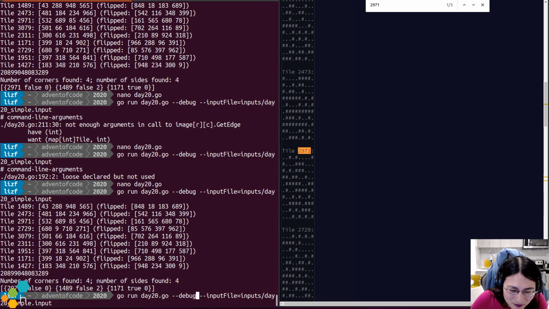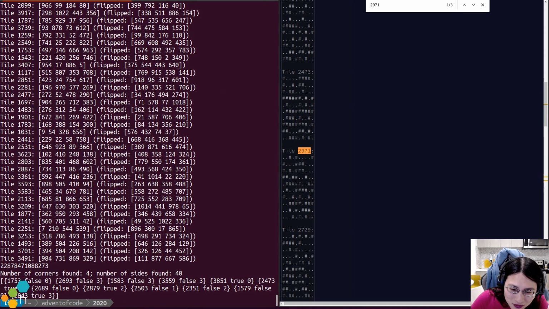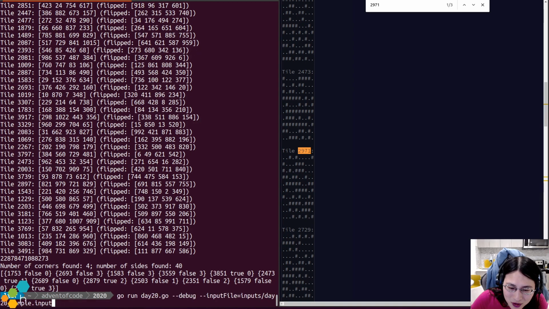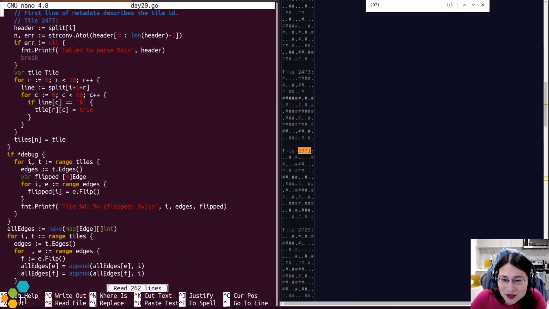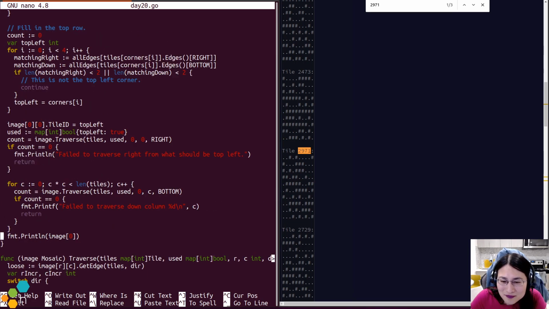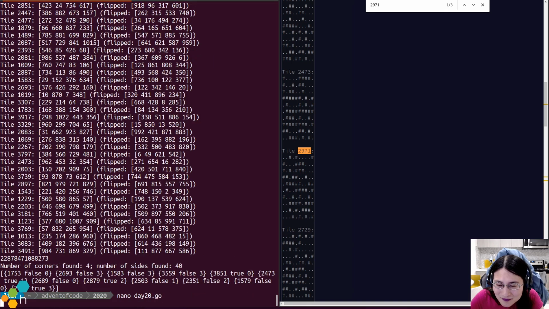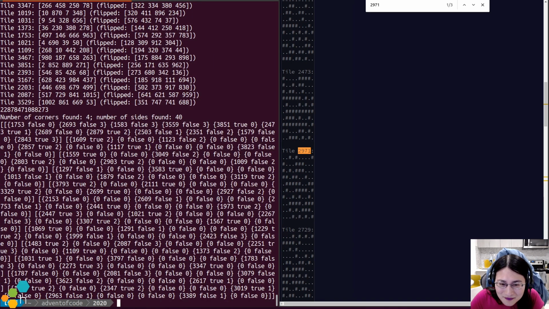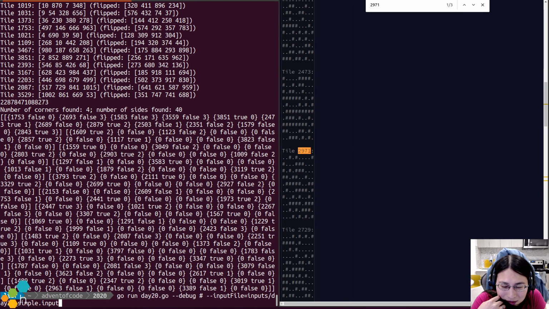Okay. So that works. And I was able to successfully iterate all the way down. So let's see what this looks like, because I'm really curious now. I don't like how I have a bunch of empties. There should be no empties here.